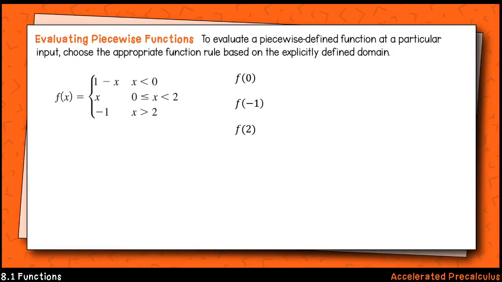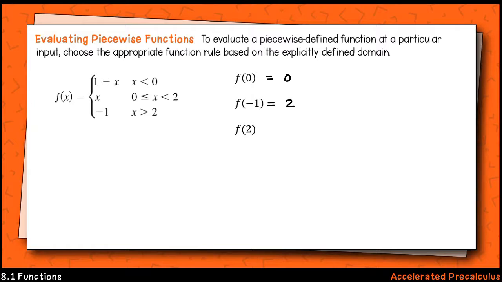To evaluate a piecewise function at a particular input, choose the appropriate function rule based on the explicitly defined domain. To evaluate f at 0, we choose the middle rule where f of x equals x. So f at 0 equals 0. To evaluate f at -1, we choose the first rule where f of x equals 1 minus x. So f of -1 equals 1 minus -1, or just 2. To evaluate f at 2, we look at the domains and find that f of x is undefined at the